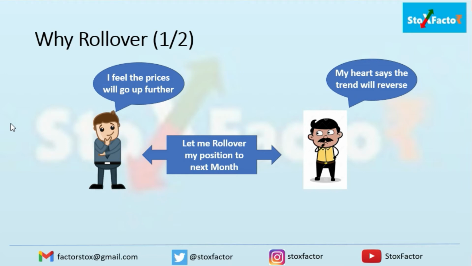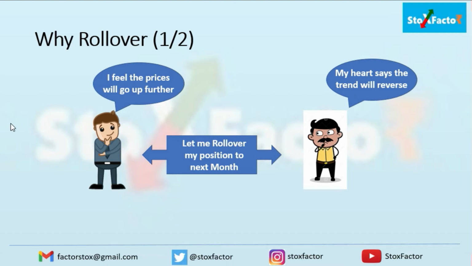You will see a difference of 50 paisa in some cases, or 1 rupee or 2 rupees, right? So you have generally seen. In some very rare cases, you will also find the next month future price discounted as compared to the current month future price. That generally depends on many factors, especially when the company is giving a dividend or when there is high bearishness over that particular stock. So those are the reasons when the price is discounted to the spot price or the current month